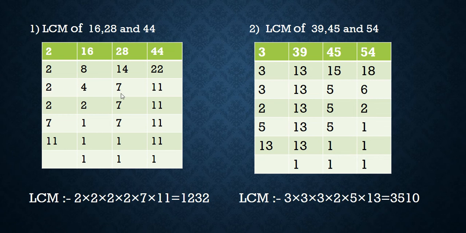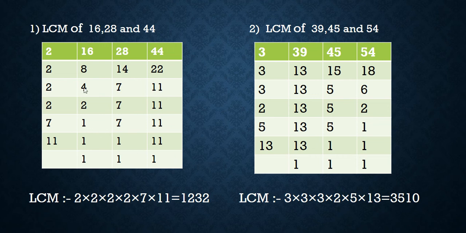Again, this 7 and 11, these two numbers are prime numbers over here. So we'll try to solve this 4. 2 2s are 4, we'll write 7 as it is, and this 11 as it is. Then 2 1s are 2. Now we got 1 over here, we'll write 7 as it is, 11 as it is. Then 7 1s are 7, 1 as it is. Then again we'll divide 11, 11 1s are 11, and all these numbers are 1 over here.